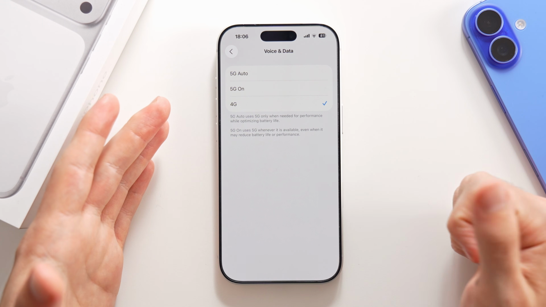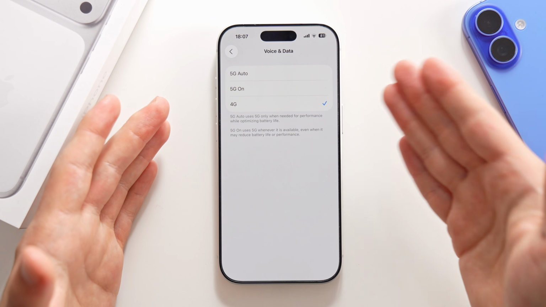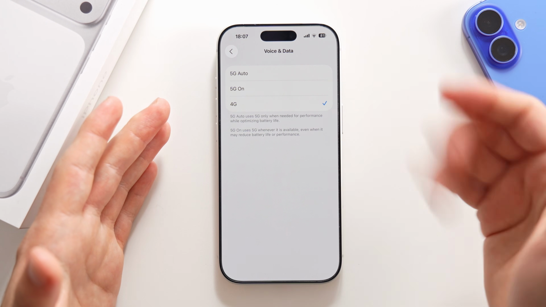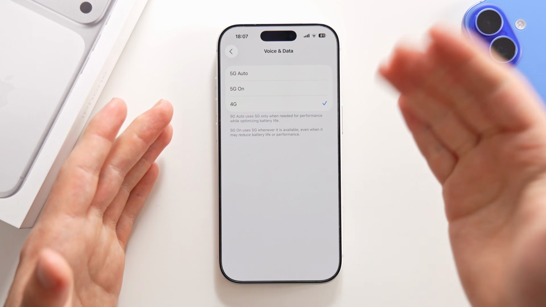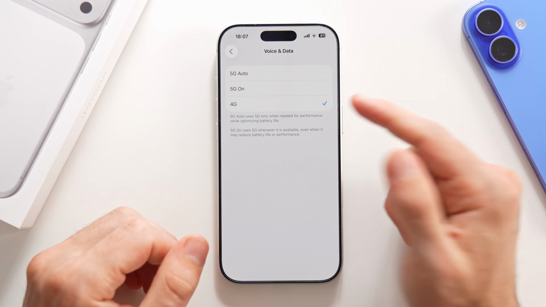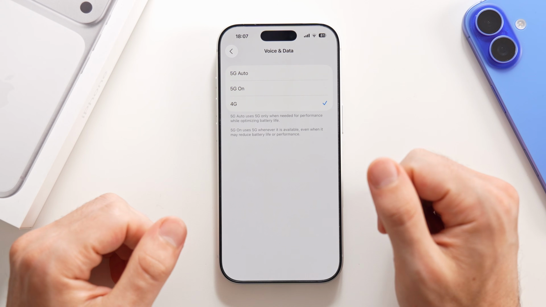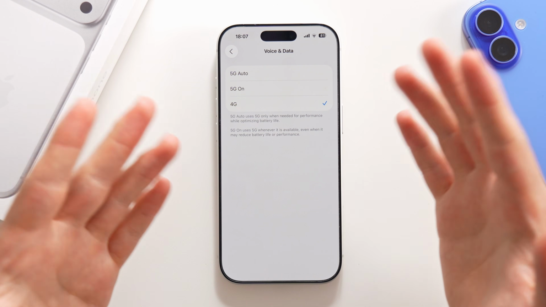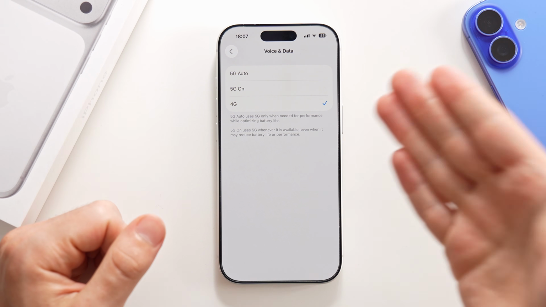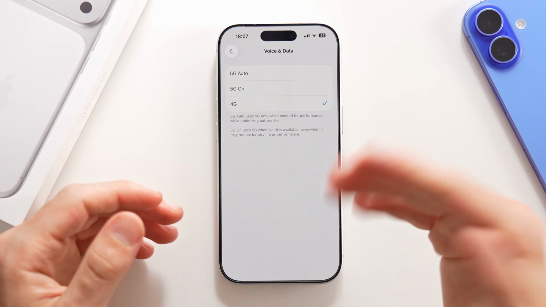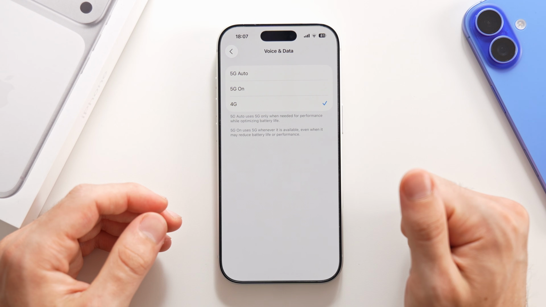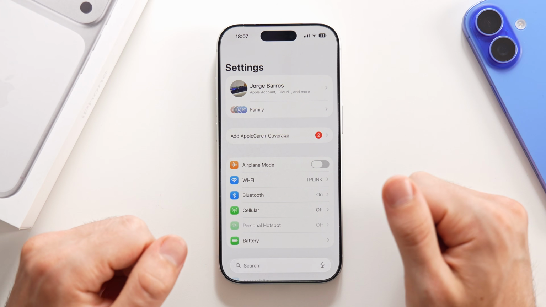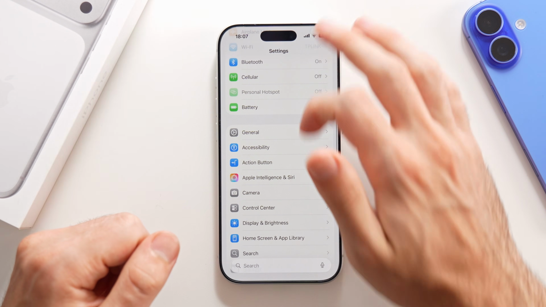4G is already pretty fast. In fact, most of the time, 5G is not faster than 4G unless you're very, very close to the antenna. So I suggest you turn on 4G and try it for a couple weeks, see how it works. And if you don't notice the difference, we'll leave it on because, once again, it is going to save a lot of battery life. Now, that being said, back here to the main settings page, let's now swipe down to